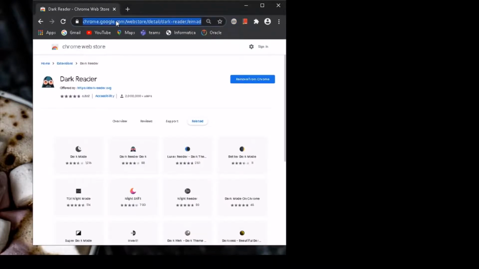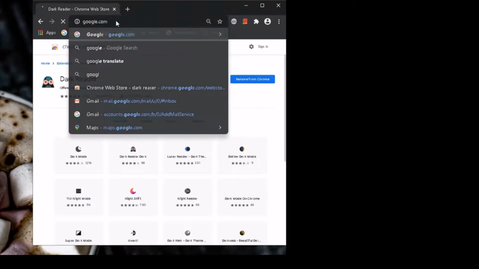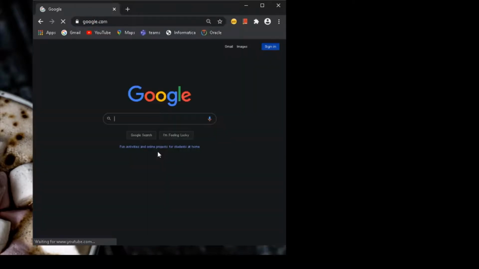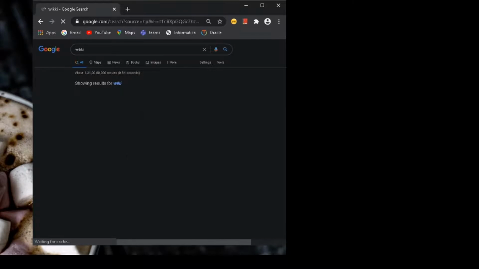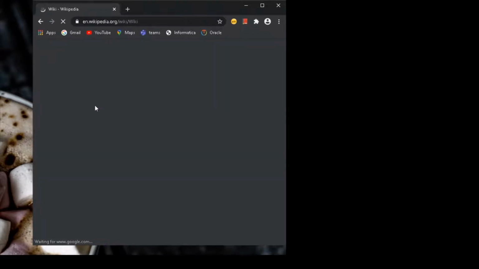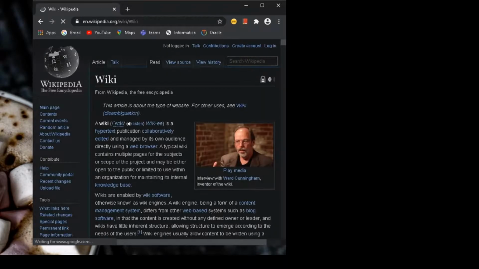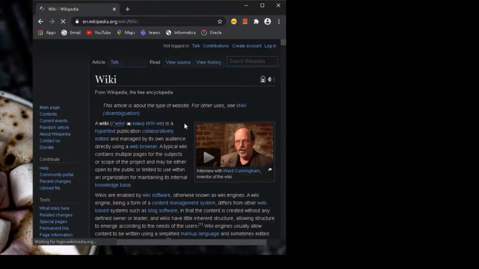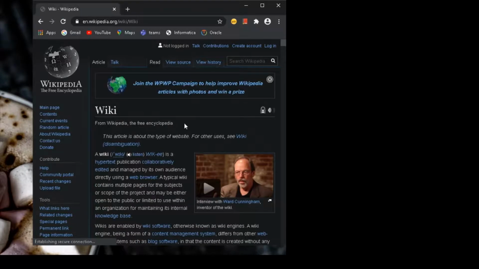Now search for Google. See, now it's black. If you search for anything in Google, it's black. Even if you go to Wikipedia, that page will also be black. So now you can imagine that in this background you can spend more time browsing. That's definitely better than a white one.